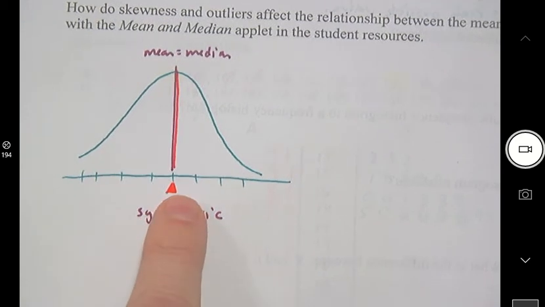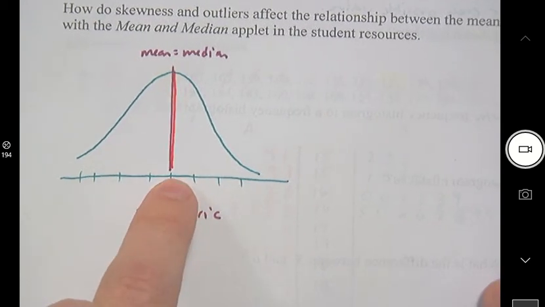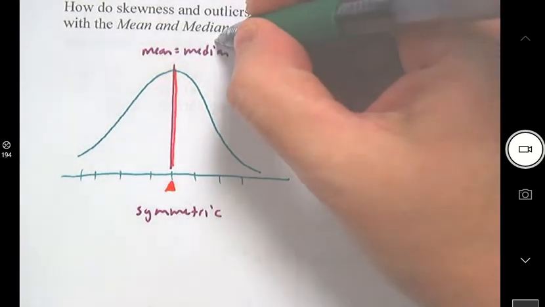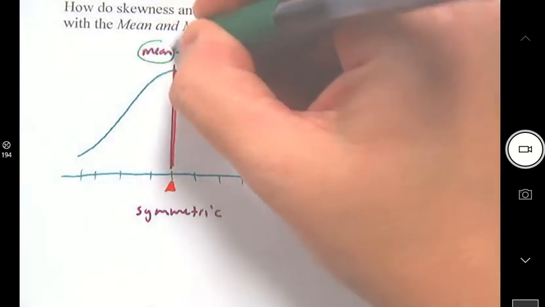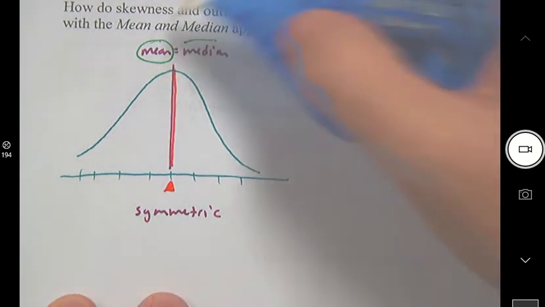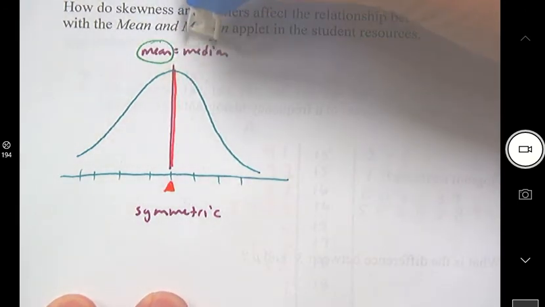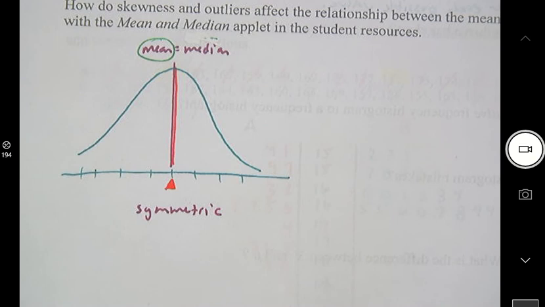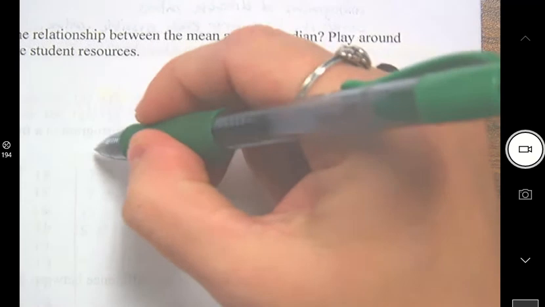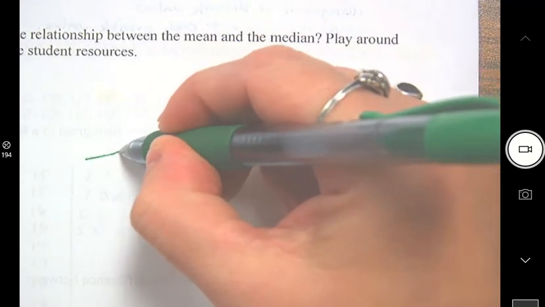If you are looking at a distribution that's pretty symmetric and has no outliers, you are going to choose to talk about the mean, because the mean is not affected by those things. So the mean is going to be your choice to tell me about. That's the measure of center you would describe to me if your distribution, your dot plot, your stem plot, your histogram is mostly symmetric. If you have a skew, let's say skewed left,